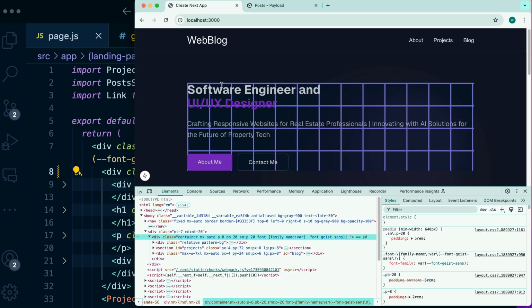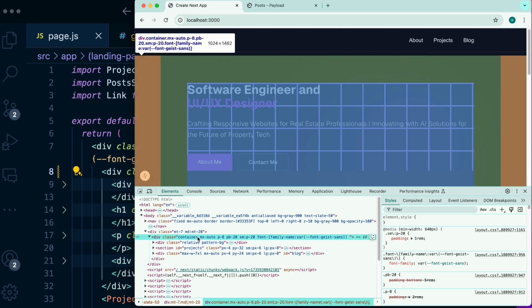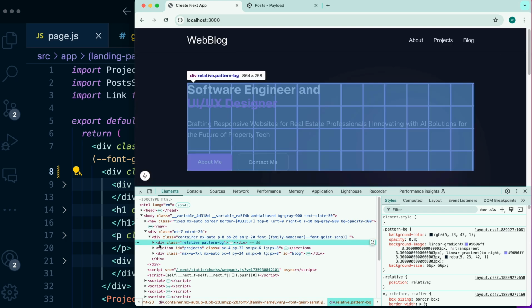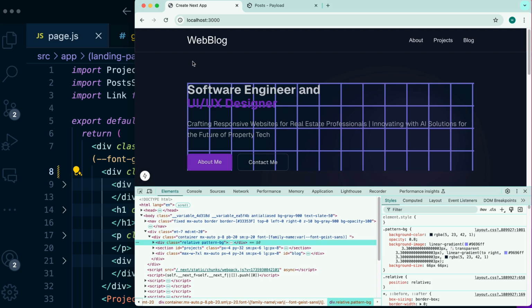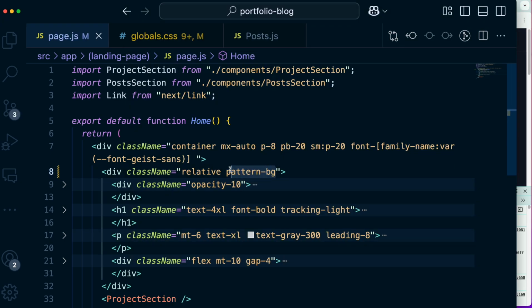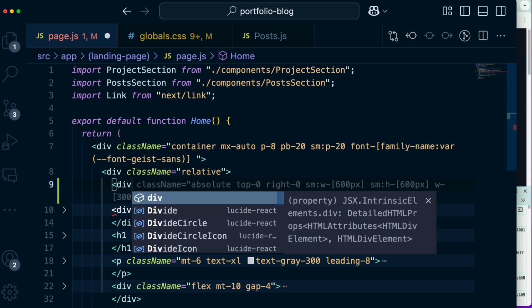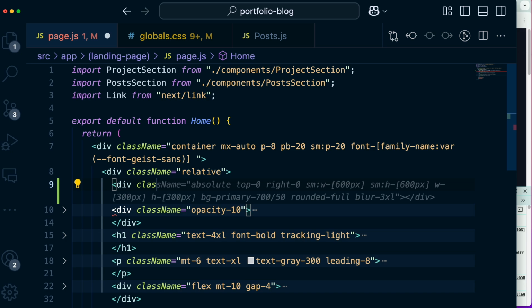This is only inside this container because it has a large padding, so this is only applied to this div with the relative positioning, and then the outer container has a padding, so it doesn't expand further than this div. What we can do is place that as a separate class and position it relatively to our div. So I'm going to do